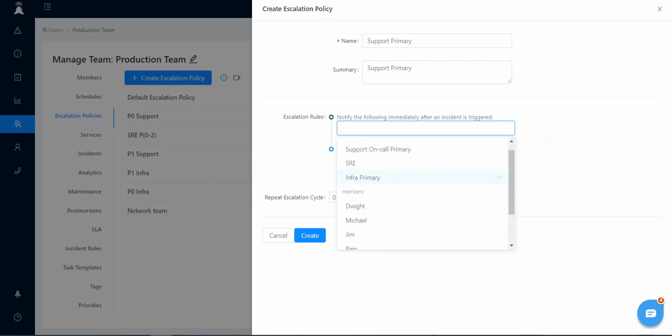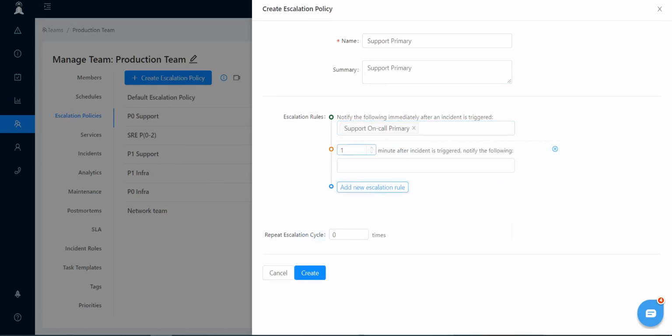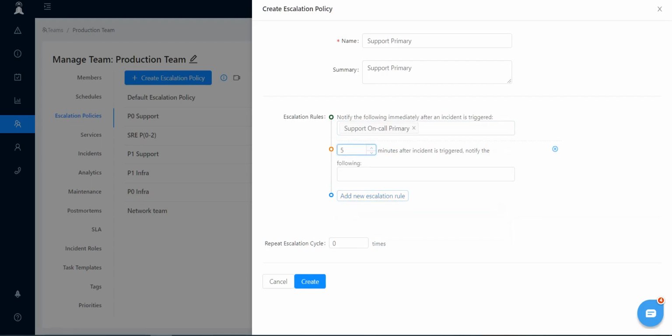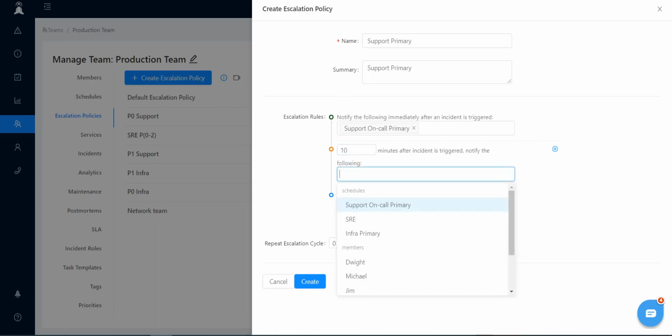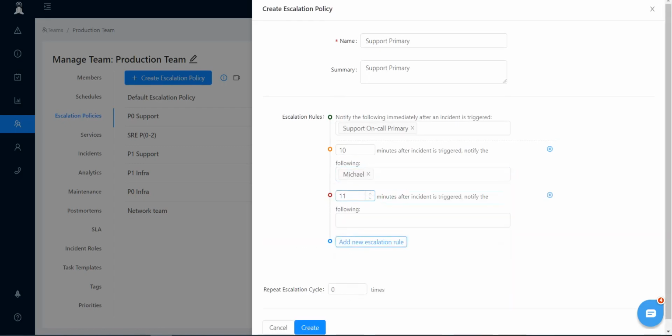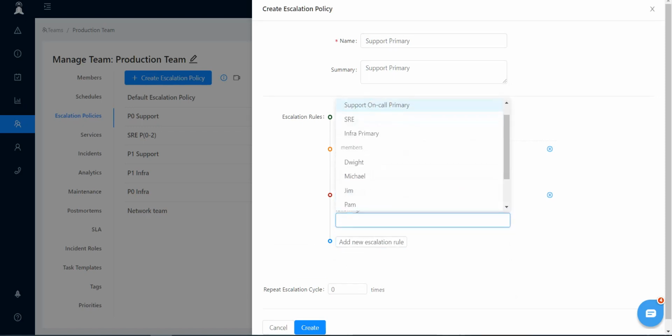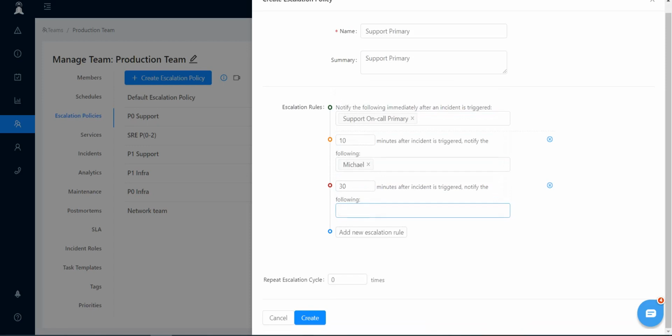The first person that I would like to call is whoever is on call in my support on call primary schedule. If that person does not transition the Dynamics 365 case to researching or in progress, or whatever corresponds to the acknowledged state, within 10 minutes, then I would alert the support manager, which is Michael, and my SLA period for acknowledgement is 30 minutes. So I would send an alert to Daryl. Rather, I think I'll just send it to Dwight. I'm going to click on create escalation policy,